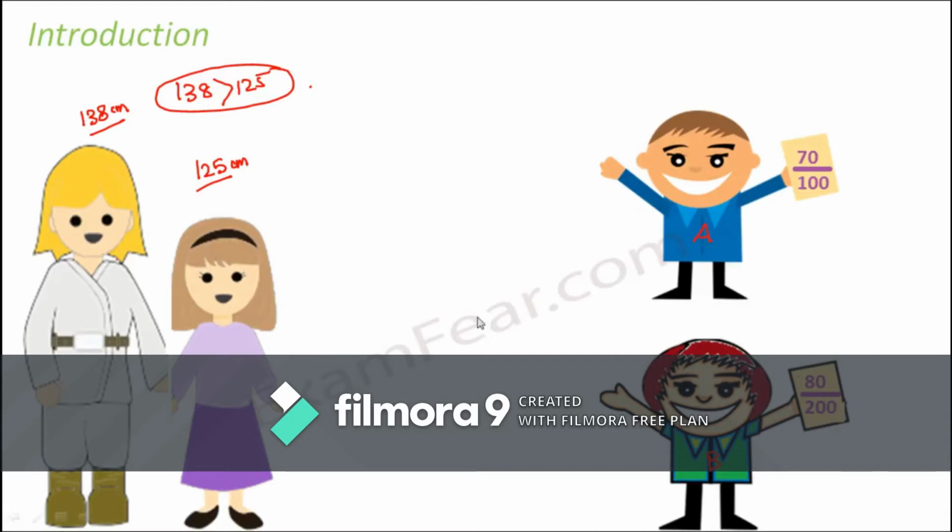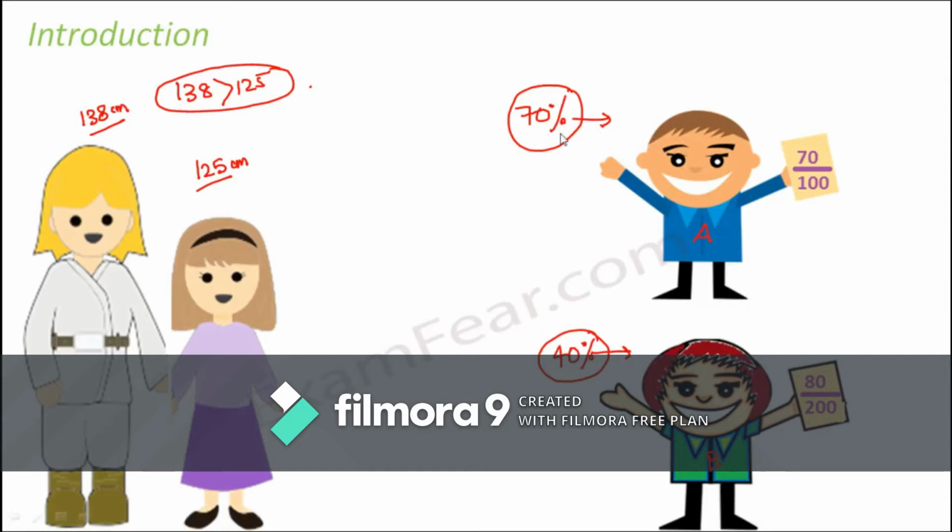For that, what we can do is look at their percentages. When you look at A, we see that A scored 70%. 70% means that if we assume the total marks is 100, A scored 70 out of 100. Well, in this case, the total marks is anyways 100. Now, in the second case, if you find out the percentage, it will come out to be 40%. That means had the total been 100, B would have scored 40. So that is how we calculate the percentages.